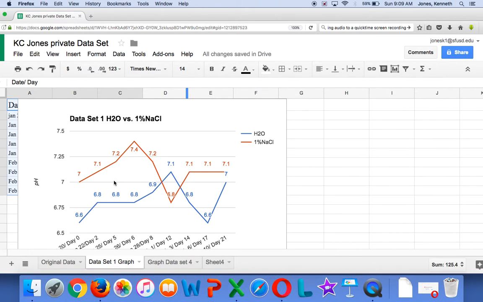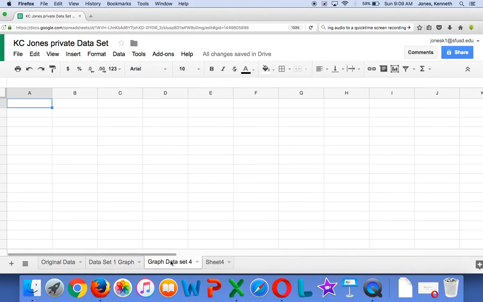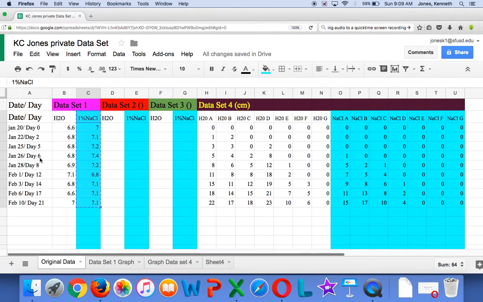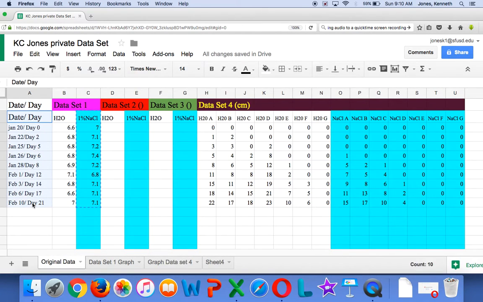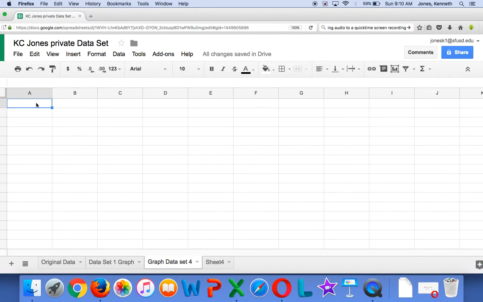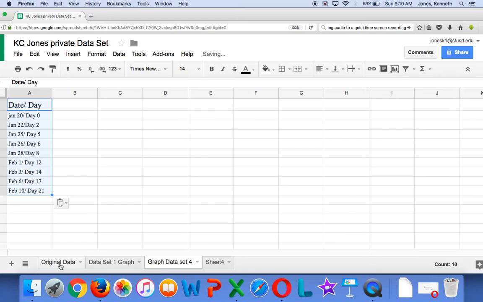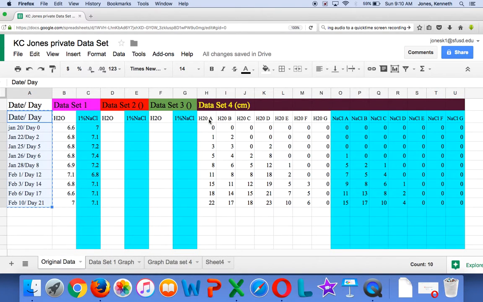Okay, congratulations, you have now finished graph number 1. All right, this one is a little bit more complicated because you need to do some data analysis, but the computer will do it for you. So what I need to do, just like last time, is do all of the copying and pasting. Now here, rather than cutting and pasting them all together, and I keep saying cutting, I mean copy. So here I copy,